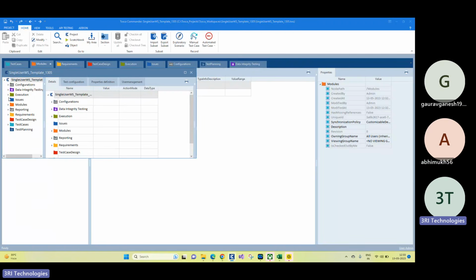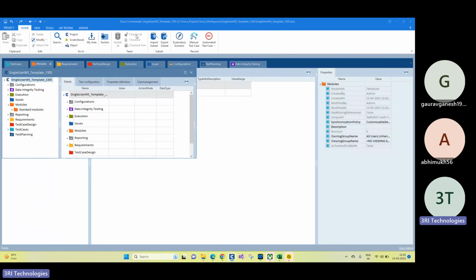If you go to projects now, you will see most of the options available here. You will see your standard module. The one thing will remain same: the check-in, check-out options are still not enabled because I am the only user here. So the extra modules are available here. This template, Tricentis Tosca provides just to make your life easy when you start working on automation.